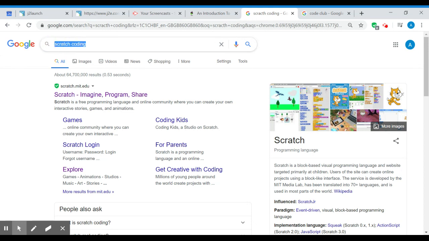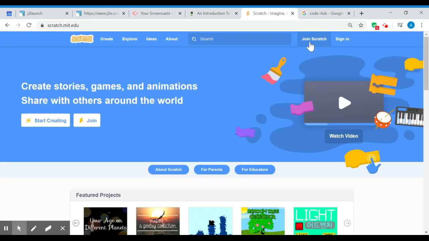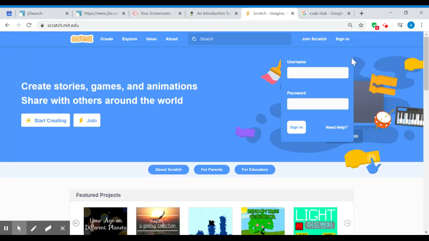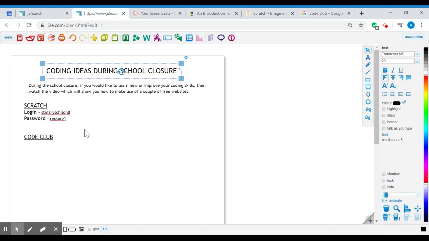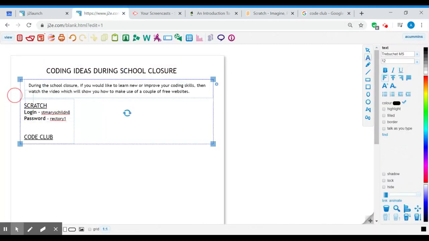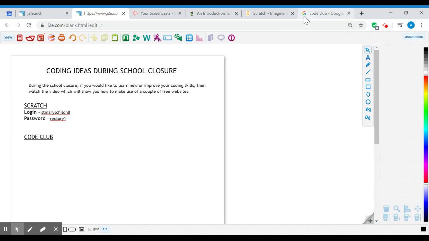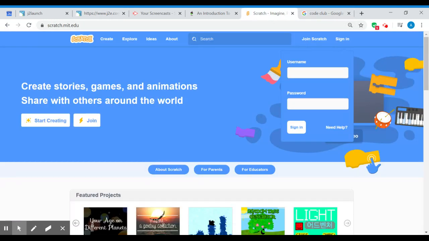So Google Scratch coding, and it'll be your top search result. And then you click here for sign in. The sign in details are in the document that you're watching this video from. So there they are, your login and your password. So the login, we want St. Mary's Child N8, all one word, all lowercase, and the password rectory1, again, all lowercase, all one word, and sign